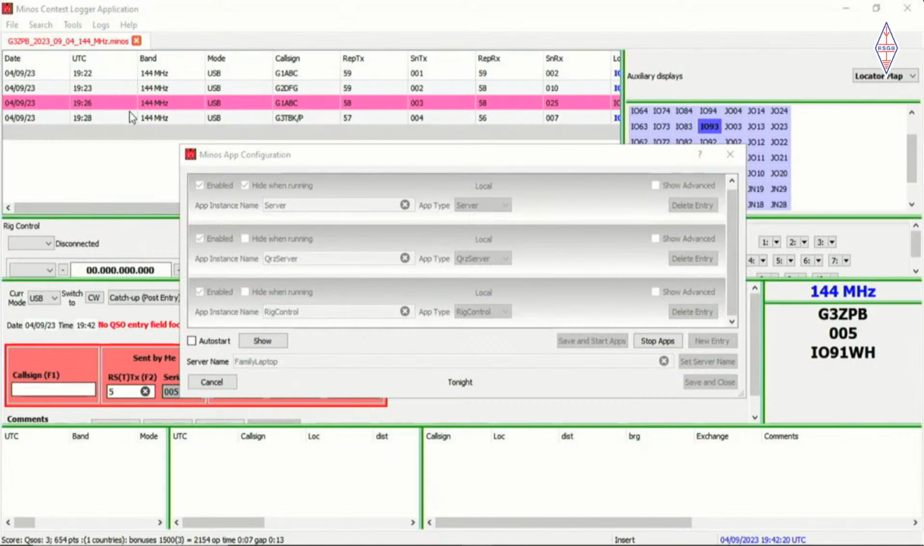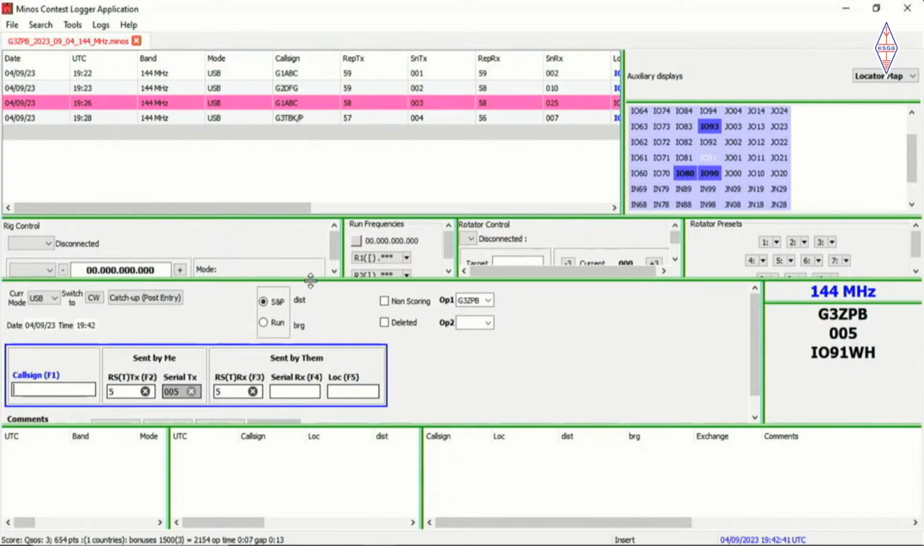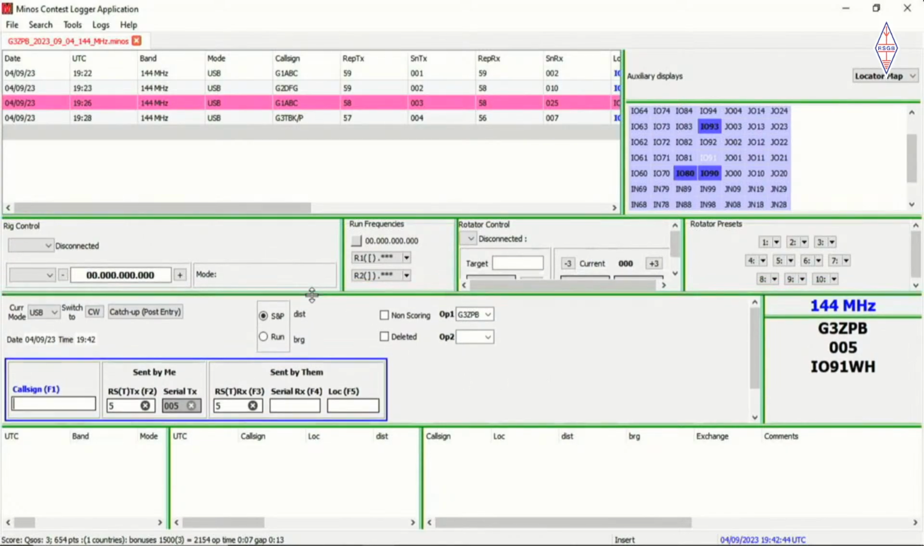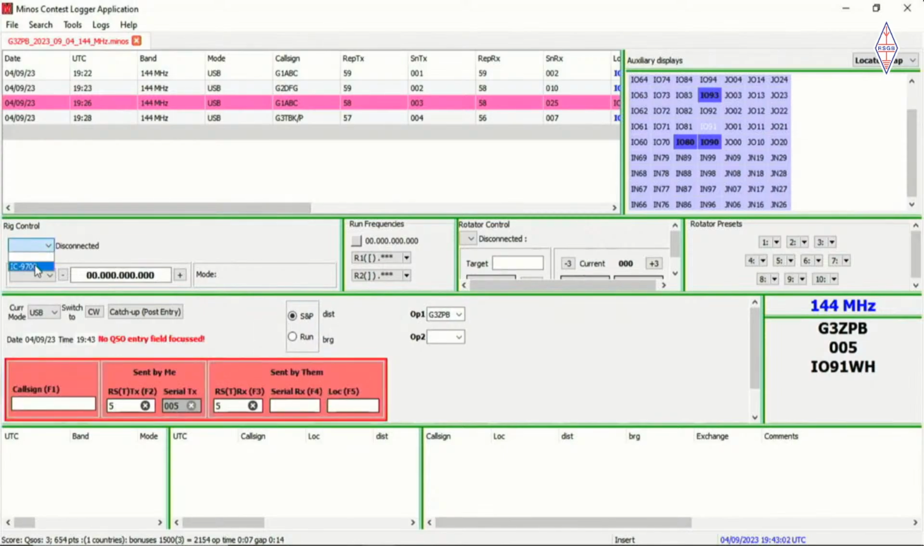So we can now go OK, and we can go back to the main screen, cancel that because we've got our apps now working, click OK, and nothing yet works, which is where you start pulling your hair out and saying, it doesn't work. What we have to do is to select the radio in this main MINOS screen. So if we now go into here, rig control, and pull down 9700,